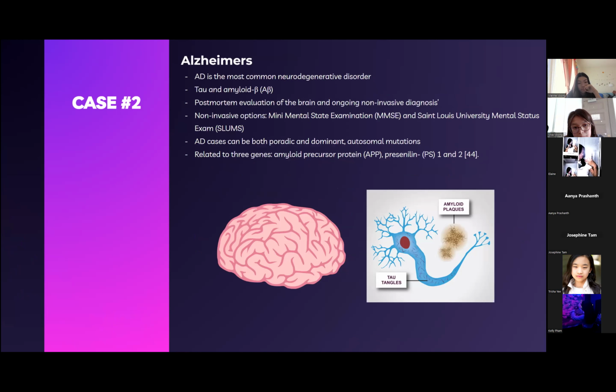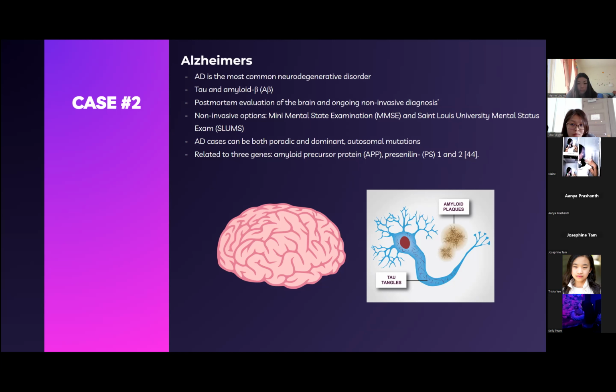So for case two, this revolves around Alzheimer's. Alzheimer's disease is the most common neurodegenerative disease, and it is caused by an accumulation of tau and amyloid proteins, which can cause neurofibrillary tangles and inhibit communication between the neurons. An accurate and proper diagnosis of AD can be made after death, but there are still non-invasive diagnosis options being experimented with and developed, like the Mini-Mental State Examination and its more detailed alternative, the St. Louis